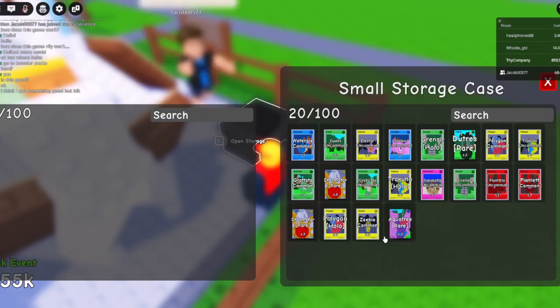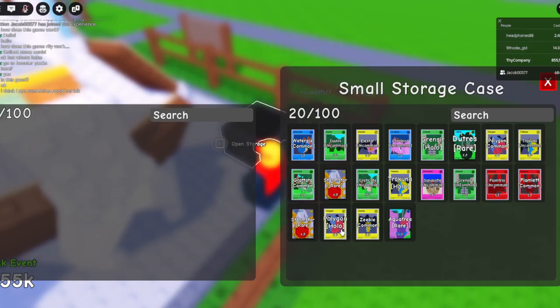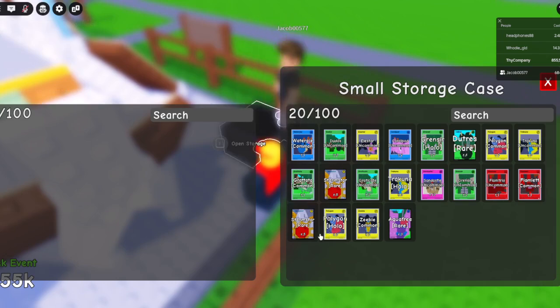Sometimes that works, sometimes it doesn't. There are also what are considered rare cards, and rare cards have what they call full cover art. It's a way they distinguish the common, uncommon, and rare cards. But the rarer the cards and the more expensive the pack is, the more they have a higher